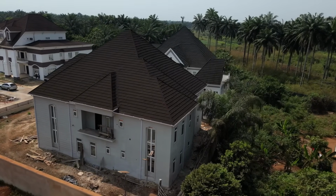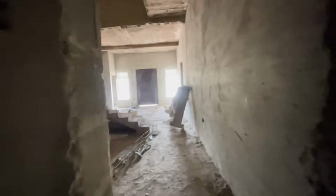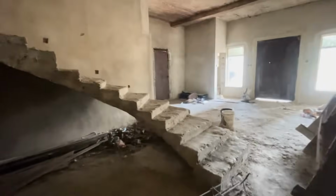So it was 28 million naira, the BOQ, but that is exclusive of blocks, because we had already molded blocks and stored them up waiting for this project. If you want to quantify the blocks that went into this house, it's about 6,000 blocks. So if you add the cost of 6,000 blocks to the 28 million naira